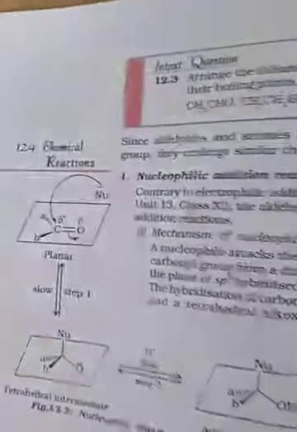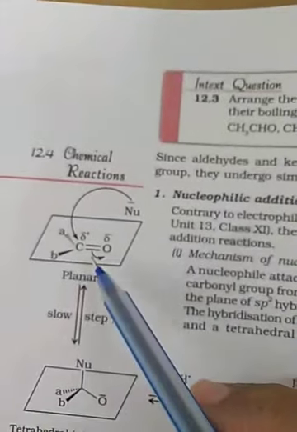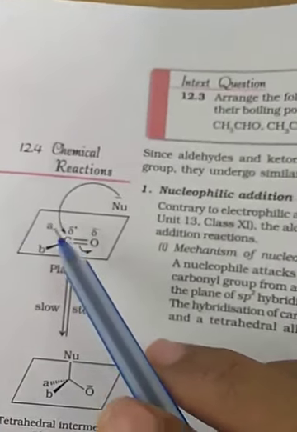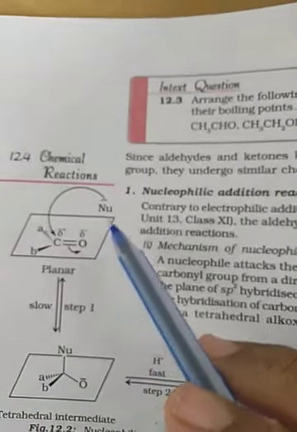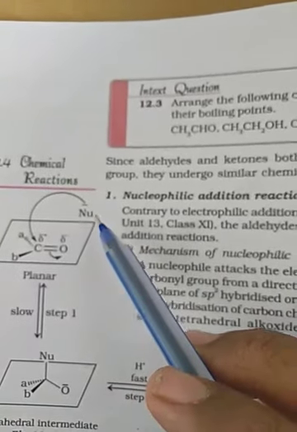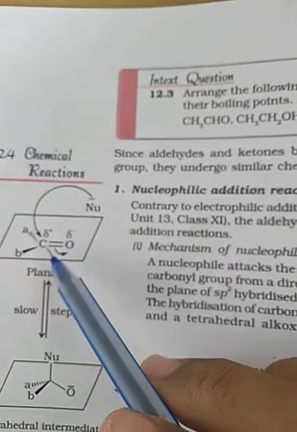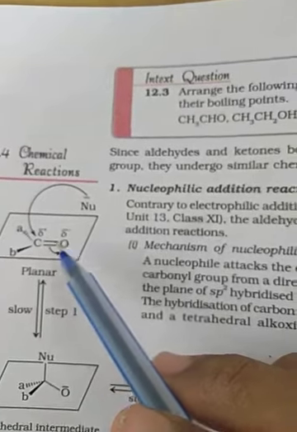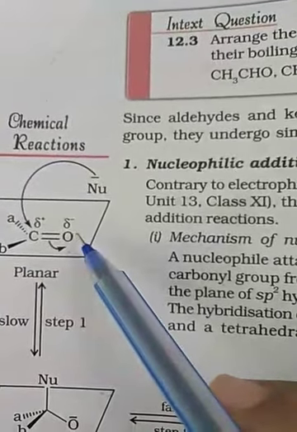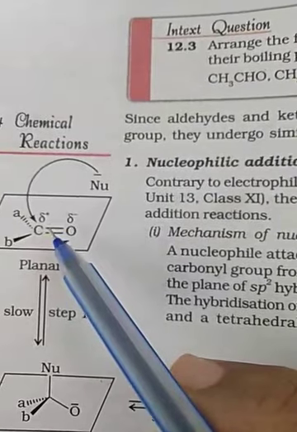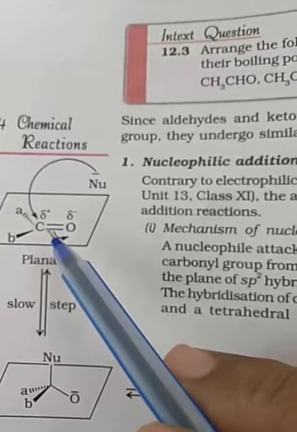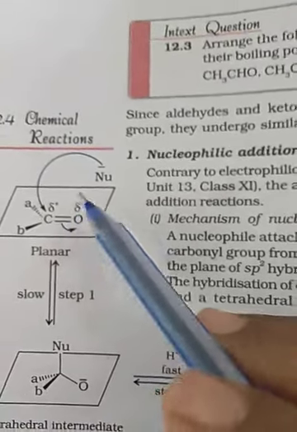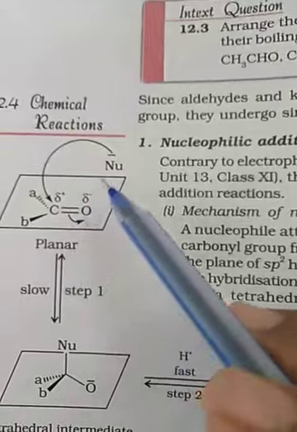Now what are nucleophilic addition reactions? I will explain it with a mechanism. In the ketone carbonyl group C=O, two alkyl groups are attached. What happens when a nucleophile comes from outside? Look at the polarity on carbon and oxygen. Oxygen is more electronegative, so it is negative, and carbon is less electronegative than oxygen, so it is positive. So the nucleophile will go to the carbonyl carbon atom because it is positive.